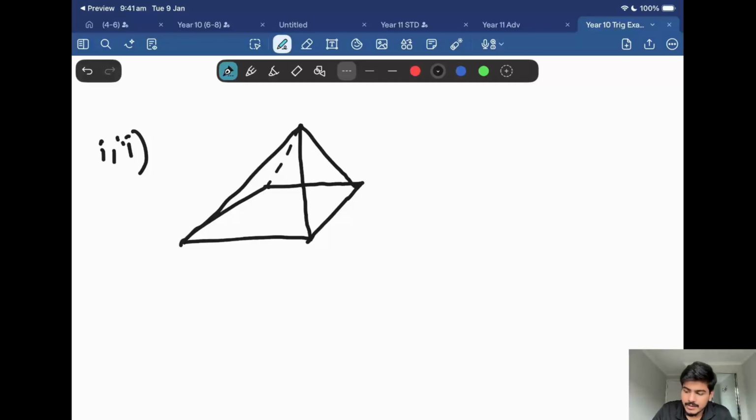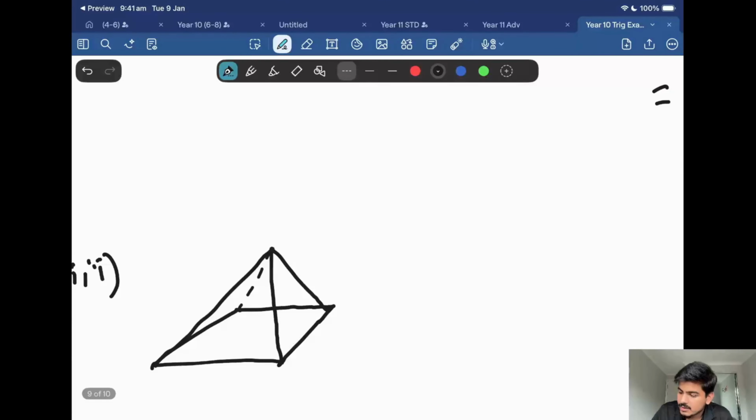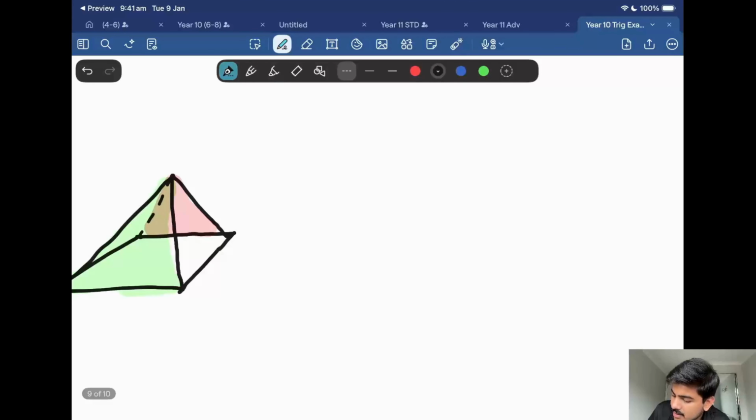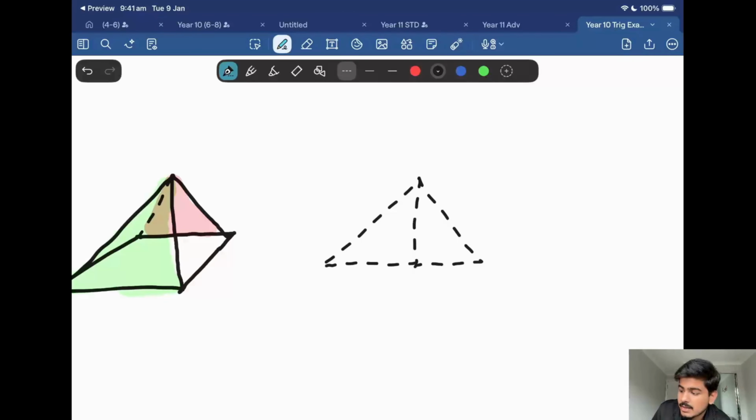Okay, what do we want to find? It says two opposite triangular faces, right? So we want to find the angle between this face, and I'm going to do the other angle in red, and this face. If you notice here, what's the cross section of this pyramid? The cross section of this pyramid is something like this, right? So if we find this over here,